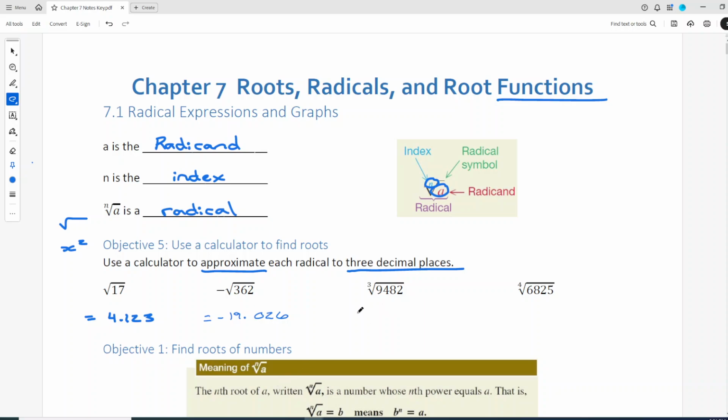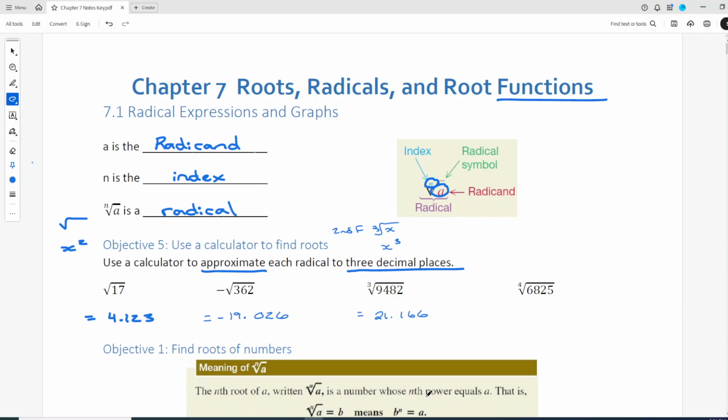All right, then we get into cubed roots. So for me on my calculator, I have a button above my x cubed button. I have a cubed root of x button. So again, it's written in yellow, so I can do second function cubed root x, or second function of the cube button, and I can take the cubed root of 9,482. So second function cubed root 9482. And then to 3 decimal places, that gives me